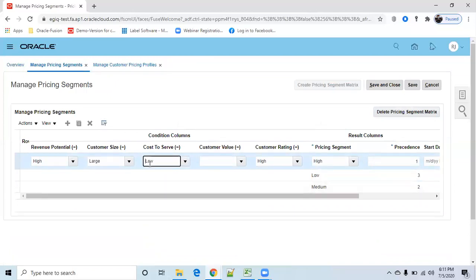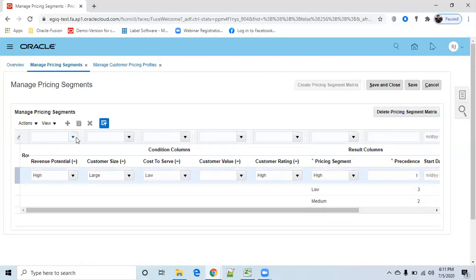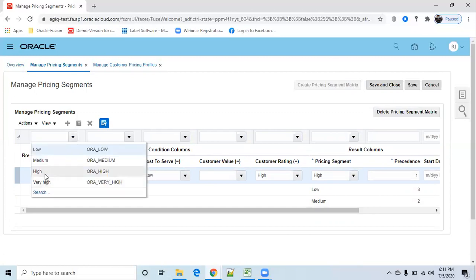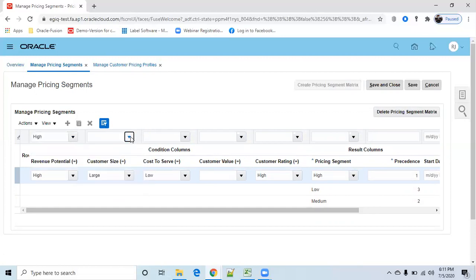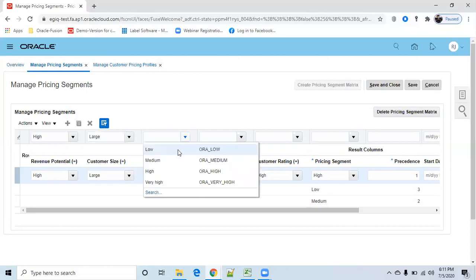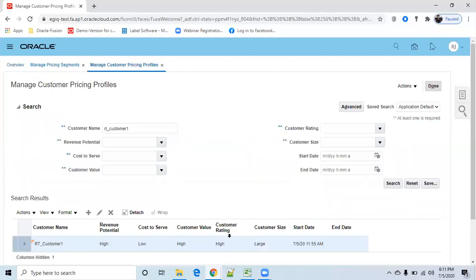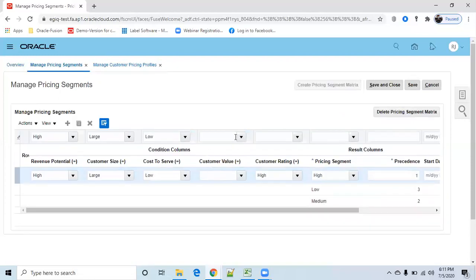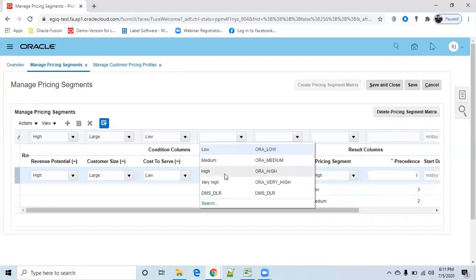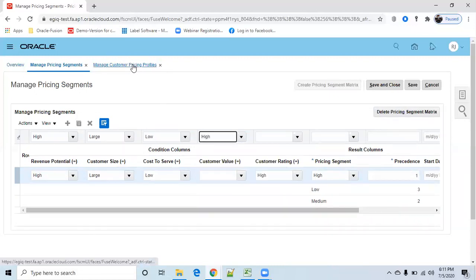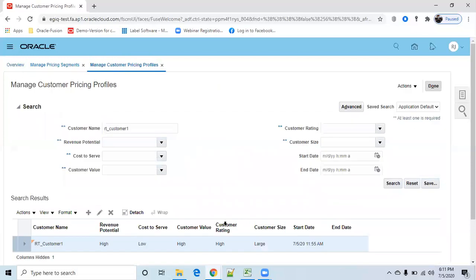Customer value is high. And customer rating is also high.